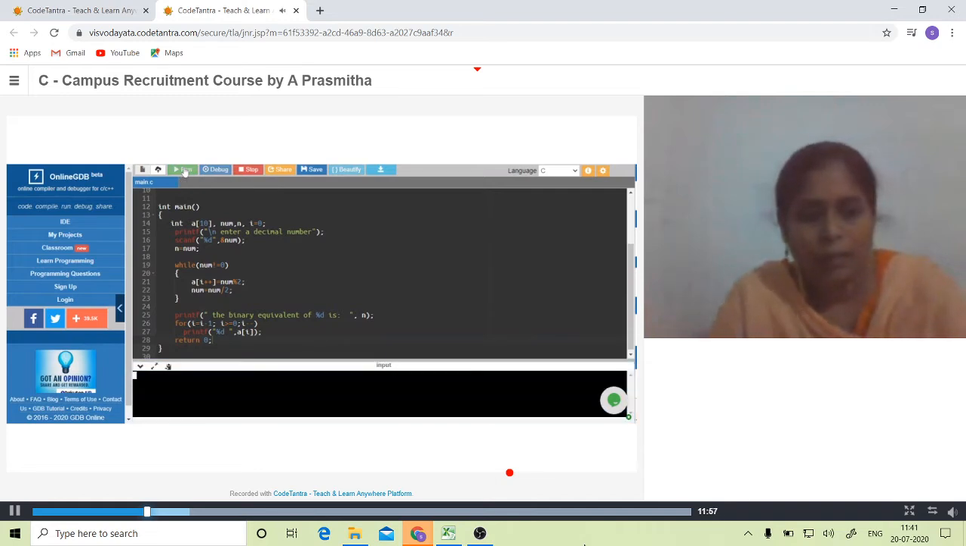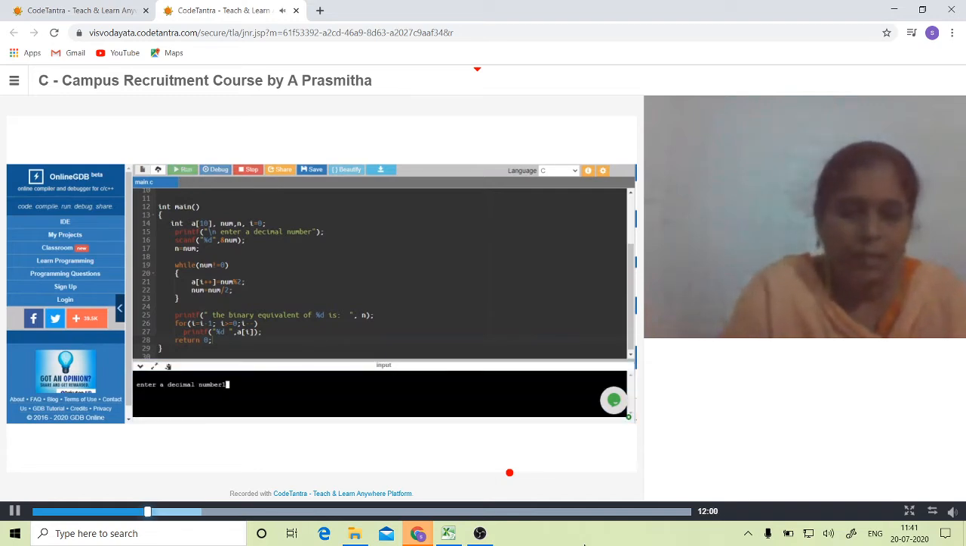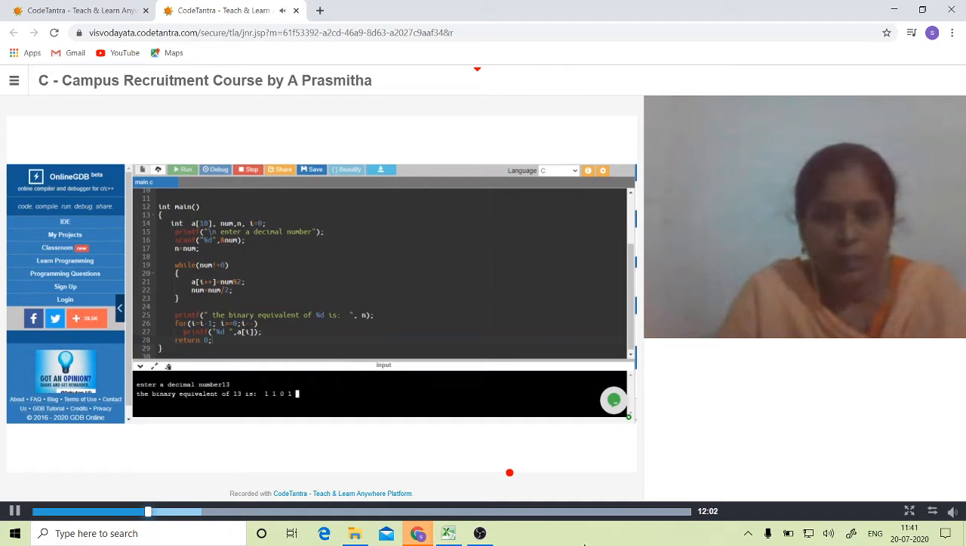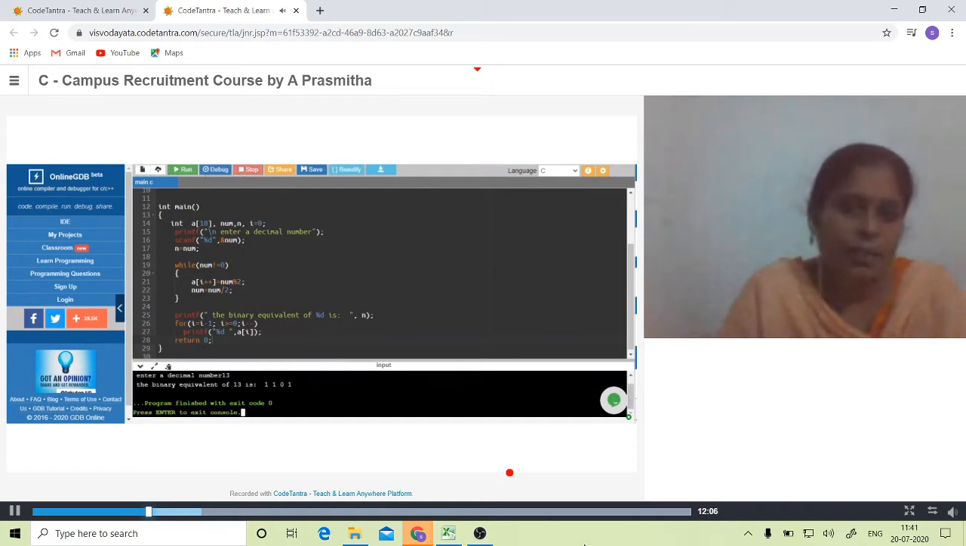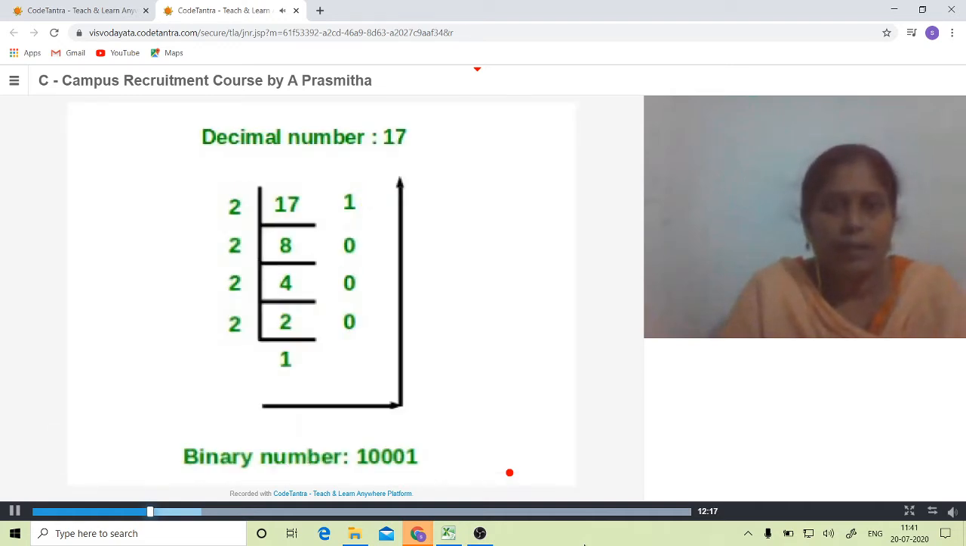Now I am giving the same 13. I need to get 1101 as the answer. See, this is our answer. Similarly, we will check the same number when we are converting a binary number into decimal. By that time we have to get this 13 as the output. Okay. Now let us come back to the